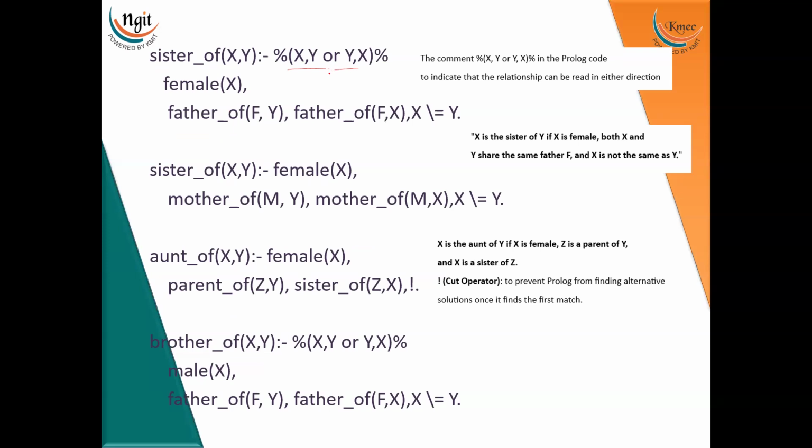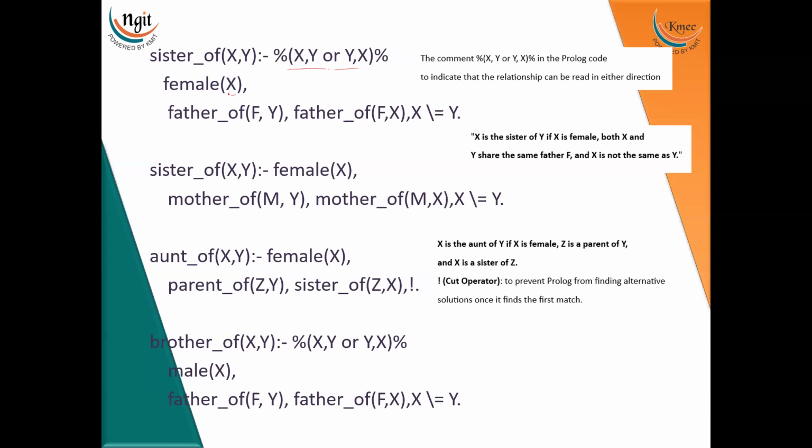It can be read as: X is a sister of Y and Y is also a sister of X. And here, compulsory female, this X should be female. Okay? So here how we are going to read that? X is the sister of Y,